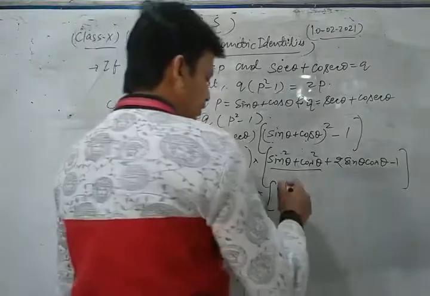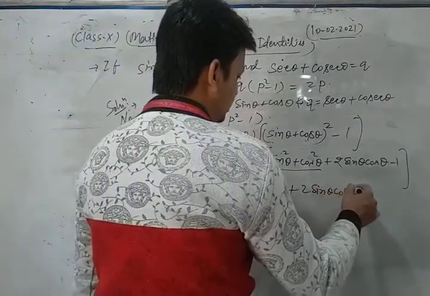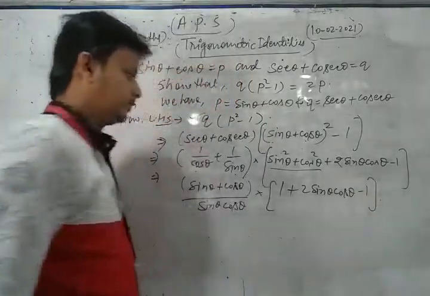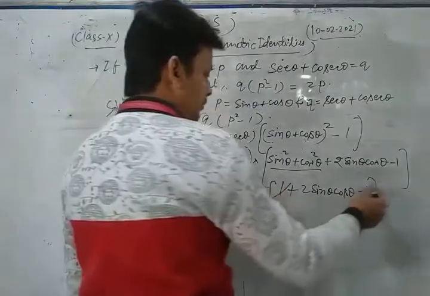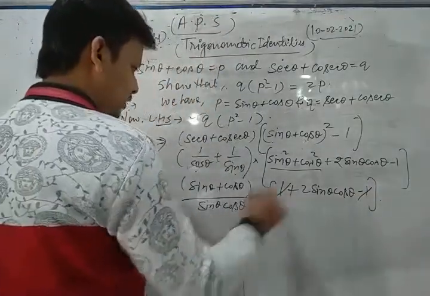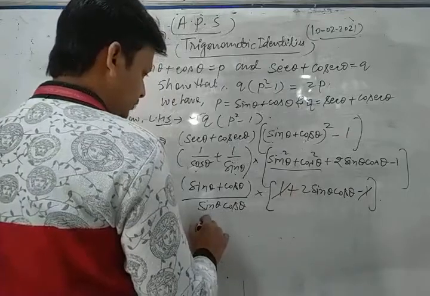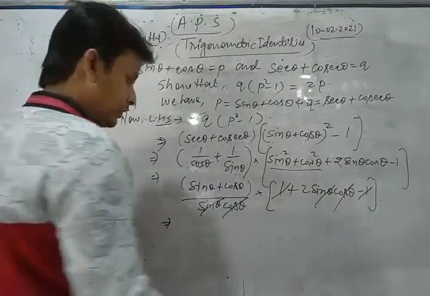So here we put 1 and plus 2 sin theta cos theta minus 1. Now here plus 1 and minus 1 cancel each other. Thus we get 2 sin theta cos theta. Now sin theta cos theta also cancel each other. So we get 2